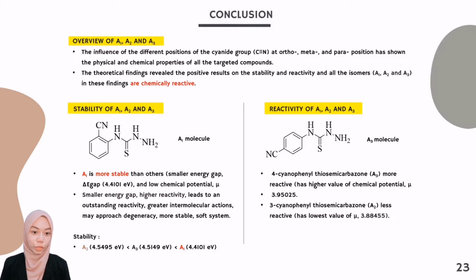This has resolved a few crucial parameters of thiosemicarbazone isomers A1, A2, and A3 to help researchers develop potential products that might be useful in drug designing or other valuable applications related to these isomers. For the recommendations for future work, these findings have been recognized as potentially beneficial as a reference for experimental thiosemicarbazone isomers compared to the theoretical data.